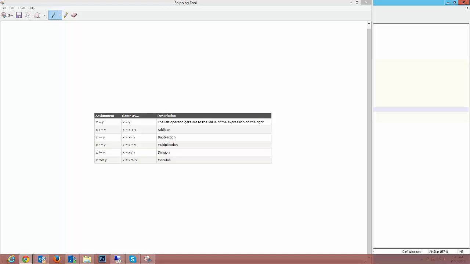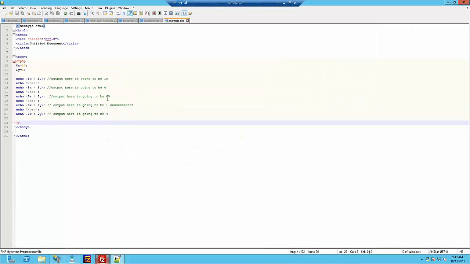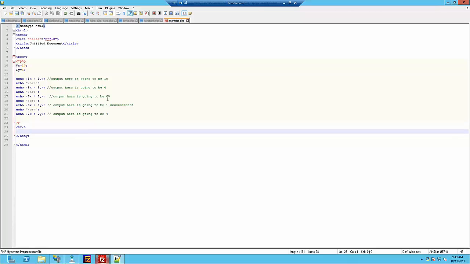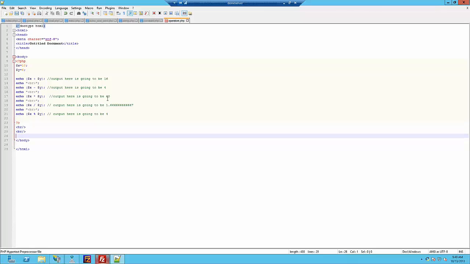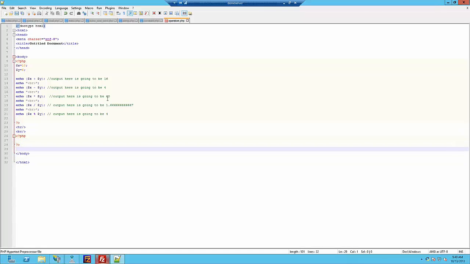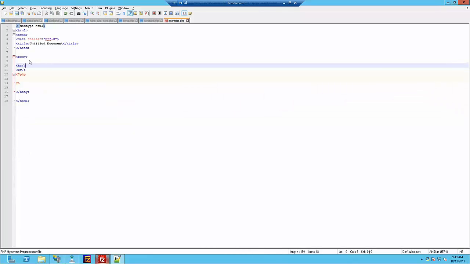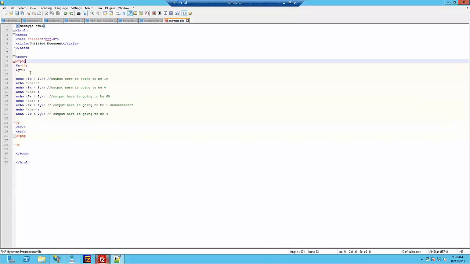Now let's use what we've just seen in a specific example. So I'm just gonna minimize this, and I'm going to go ahead and create an HR and a BR. I'm gonna open up my PHP again. I'm gonna close my PHP again. So basically, what I'm gonna write is I'm gonna take this first bit out because we're on. No, you know what? Let's not do that. I want to keep everything, so I'm just going to say